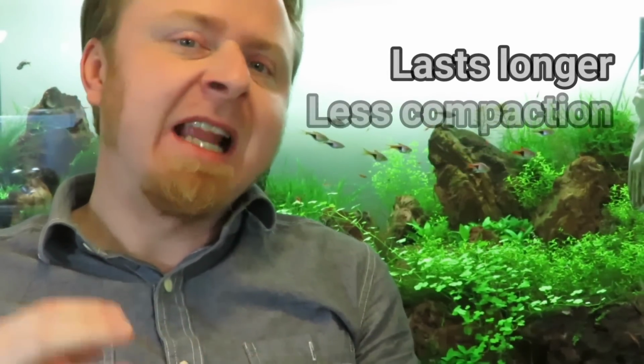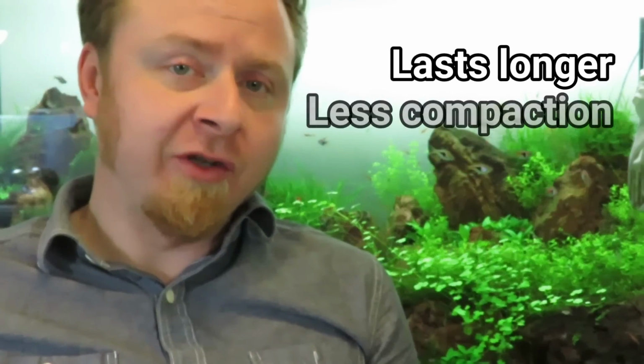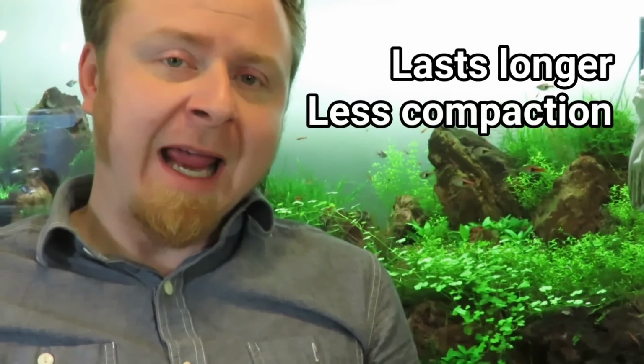One of the benefits, however, for that type of substrate is that it lasts not forever, but virtually forever. They take a big beating, they stick around for a long time. Another reason that they are quite good is that you can usually bank your substrates quite deep with something like that. Because of the shape and size of it, it allows for a deeper water circulation to move through and